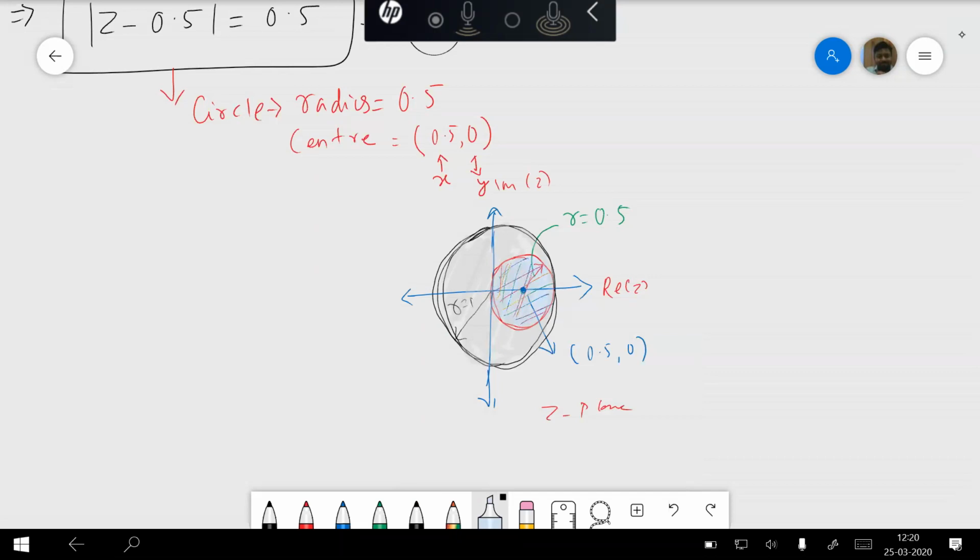Now, in ideal conditions, when I do the S-plane to Z-plane mapping by the j omega and sigma axis, my mapping usually happens like this. So suppose this is my left side of the S-plane.